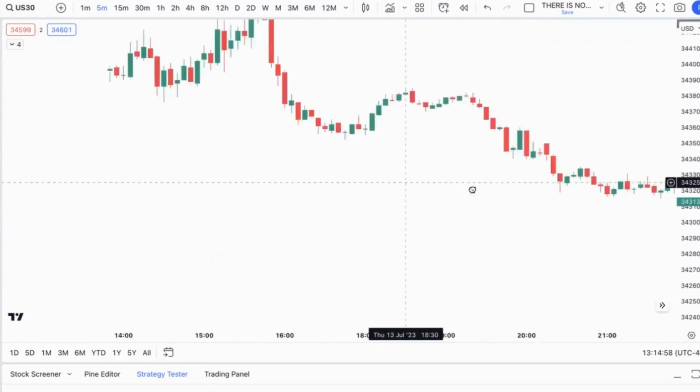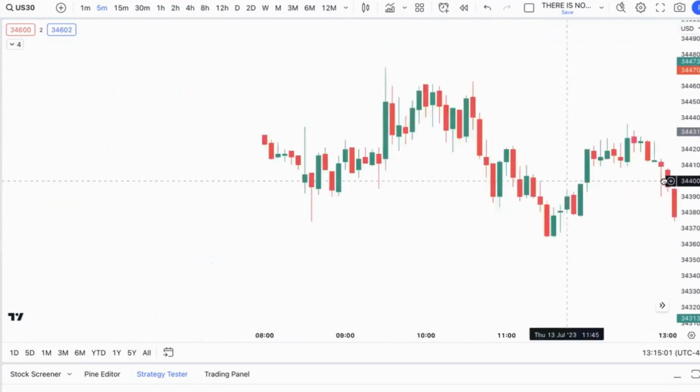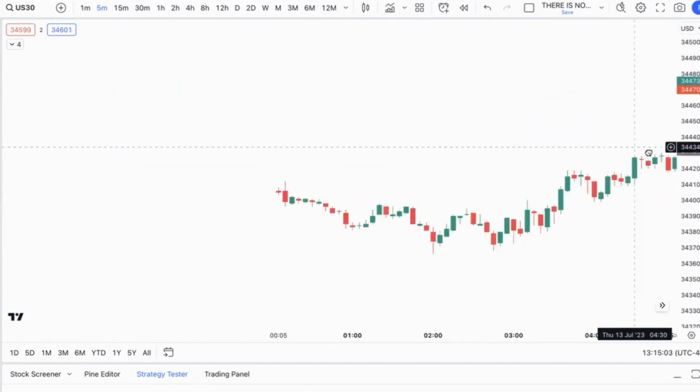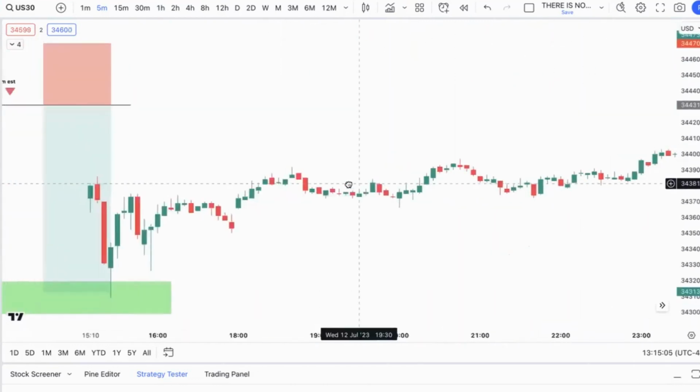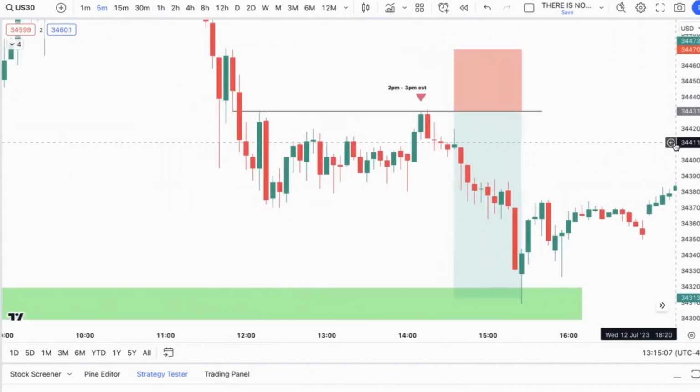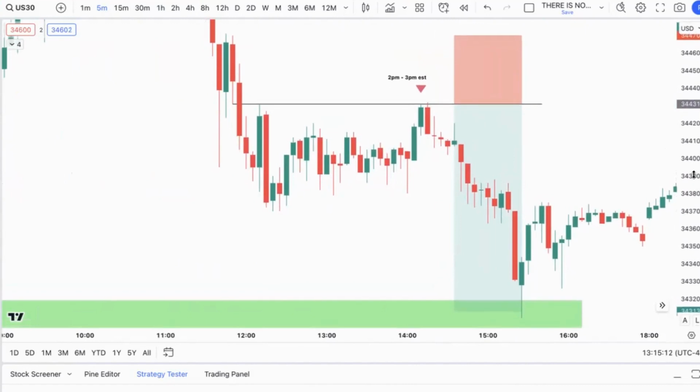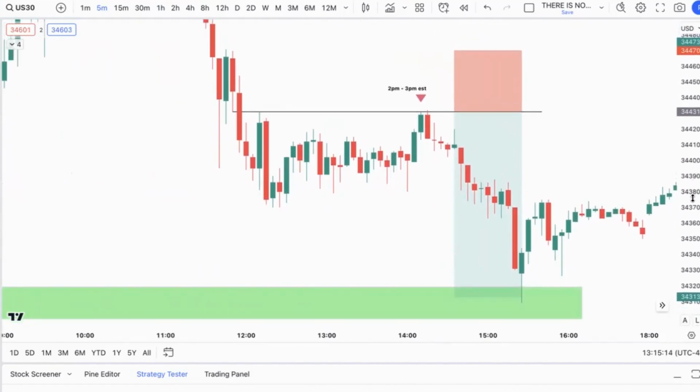Okay, let's go in and find some more opportunities. And that was a New York session, 10 to 11 a.m. EST. And let's go over another session. So here was a 2 to 3 p.m. EST move. Once again, I checked in on the higher time frame,